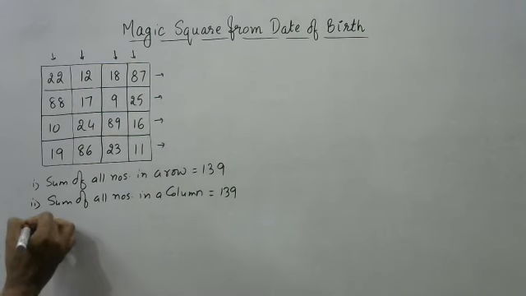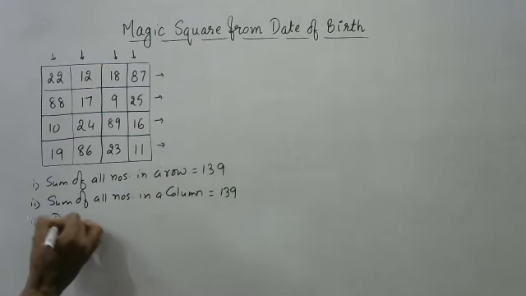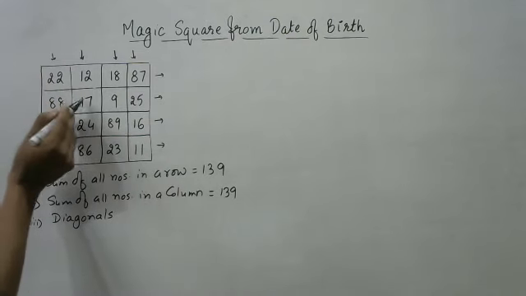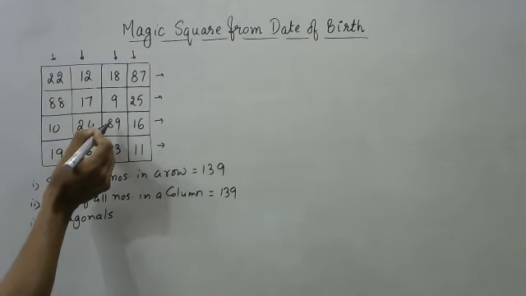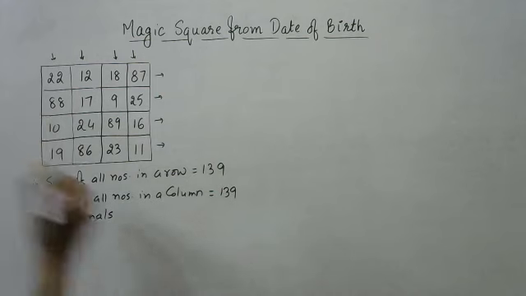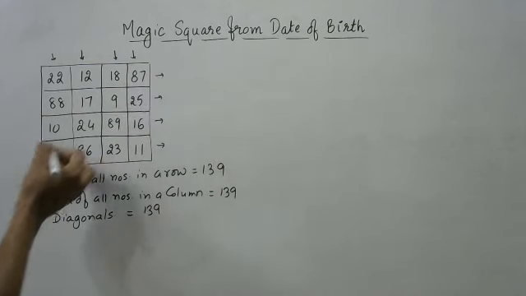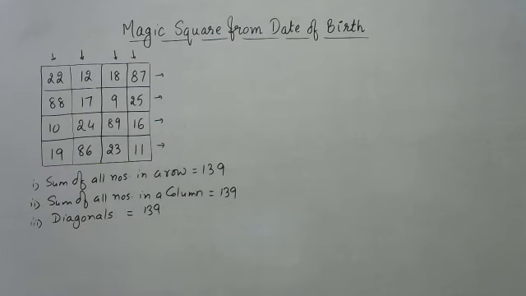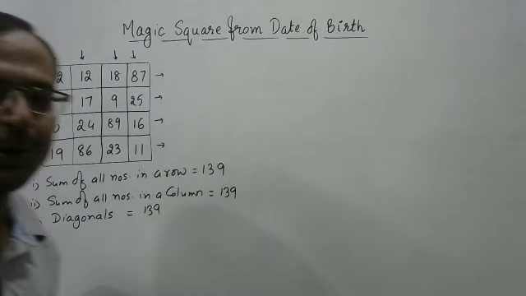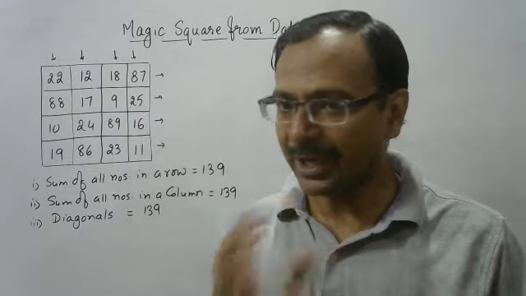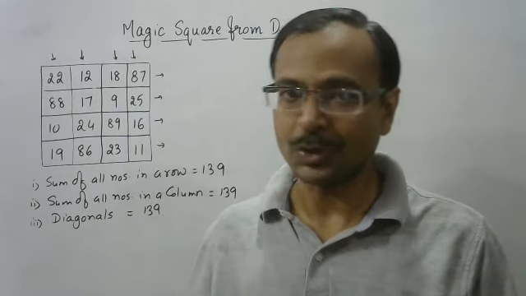Now come to the sum of the numbers along the diagonals. Again, this is also known to you. 22, 39, okay, 128 and 11, 139. So again, 139. You can check this diagonal also. This will also be 139. Now the special thing about this particular 4 by 4 magic square. Actual thing starts from here. So keep watching.